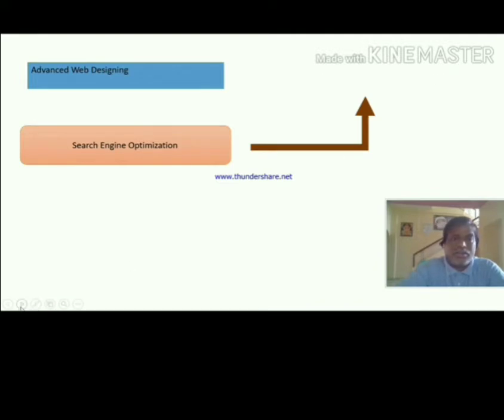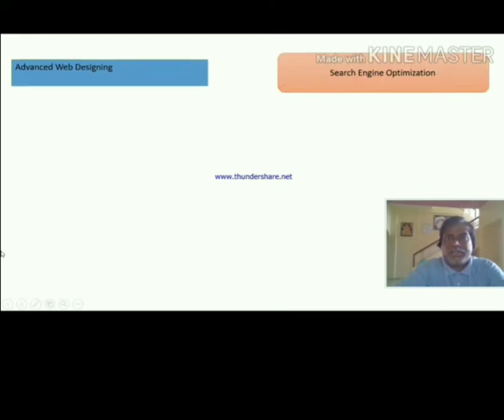So the first div comes to the left and the second div comes to the right. This will happen due to the float property.